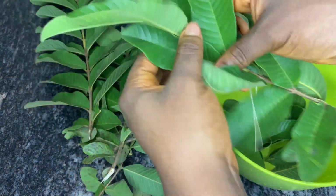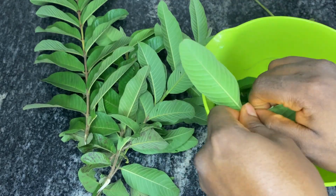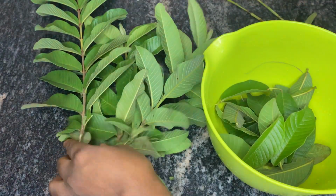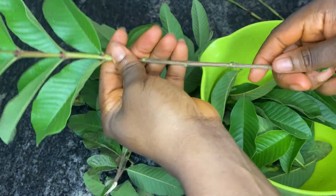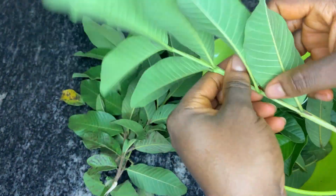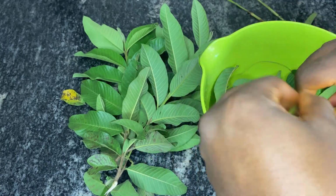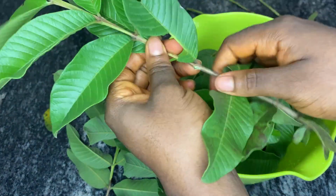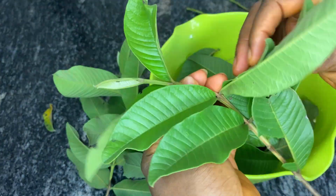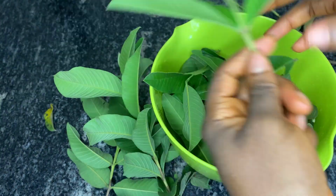Guava leaves are rich in antioxidants like vitamin C and flavonoids. This fights oxidative stress on the scalp, which is a big cause of hair loss. Vitamin C boosts collagen production, making your hair strands stronger from the roots. It is also anti-inflammatory and antibacterial. If you have itchy scalp, dandruff, or infection blocking your hair follicle, guava leaves will help you clear the way